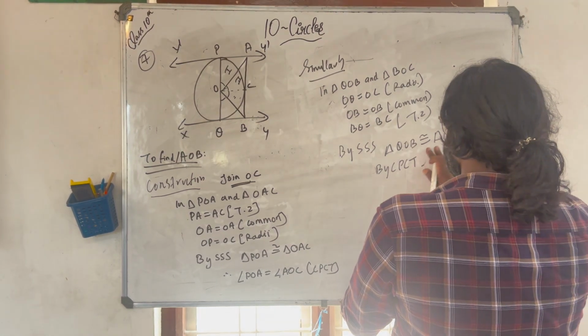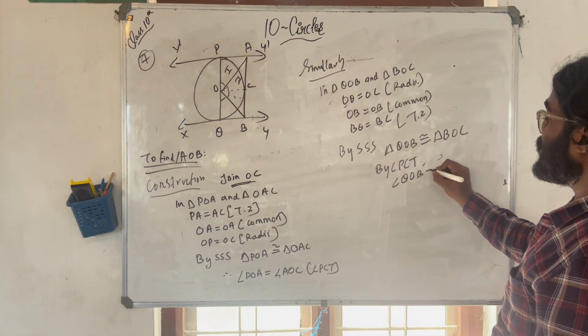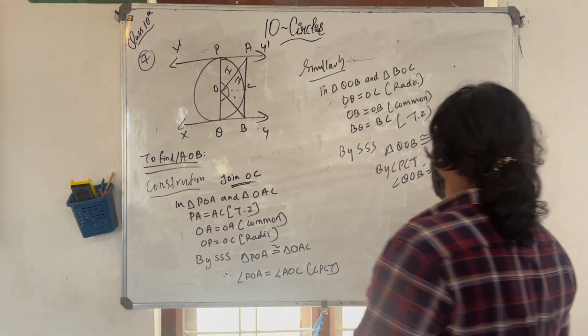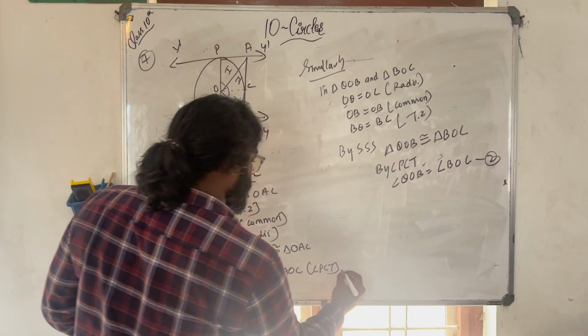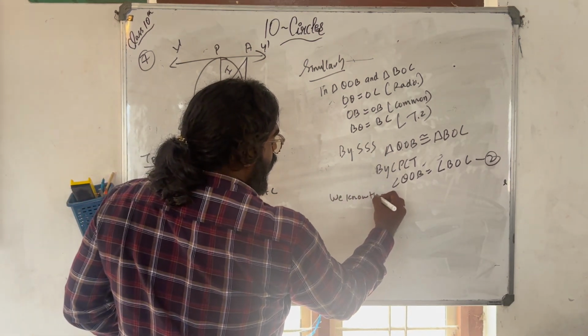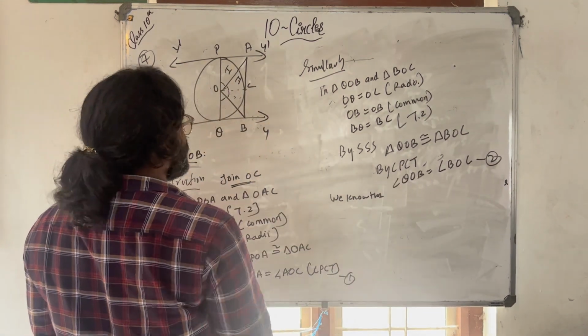by CPCT, angle QOB, I hope it is visible, QOB is equal to BOC. This is equation number 2. This is equation number 1. Now we know that all the angles, as I said, in a line, all the angles on a line